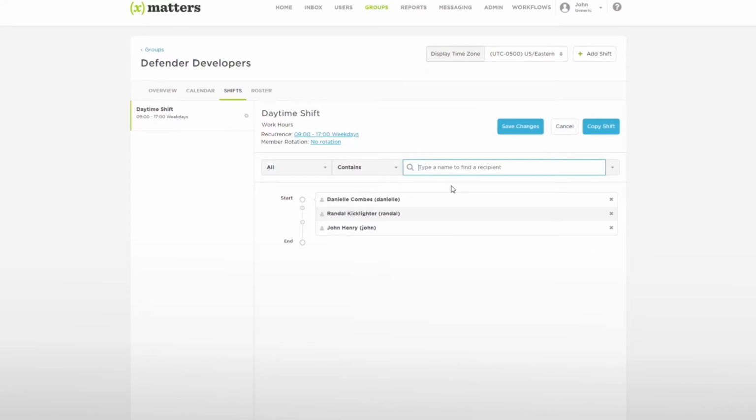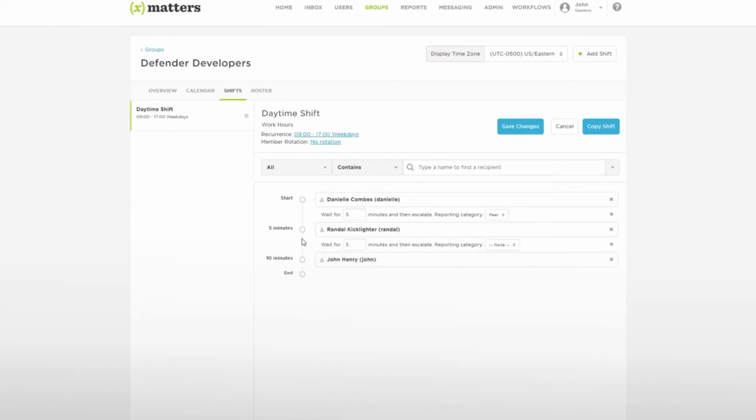To add an escalation delay between contacting one member and the next, click the clock icon on the timeline between two group members, and then specify the number of minutes you want the delay to be for. If you don't set a delay, the members will be contacted at the same time. Optionally, you can categorize escalations as peer or management. These categories are tracked only for reporting purposes and don't correspond to roles in xMatters or have any effect on